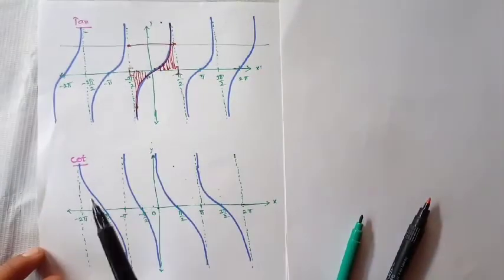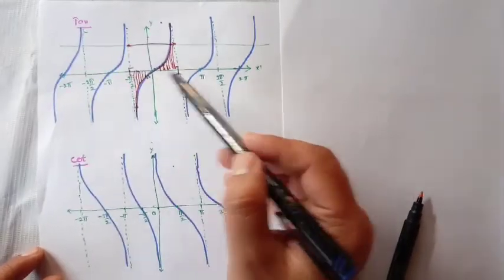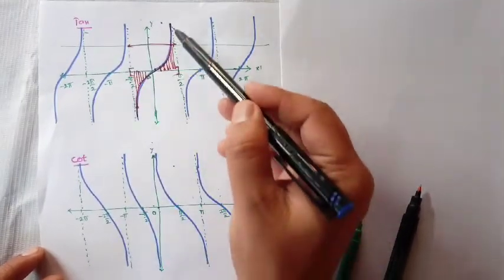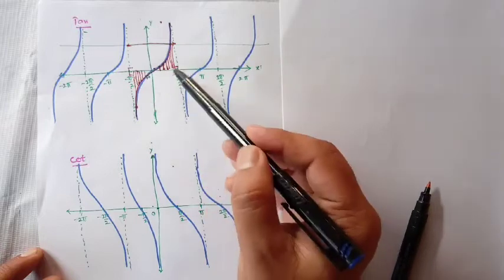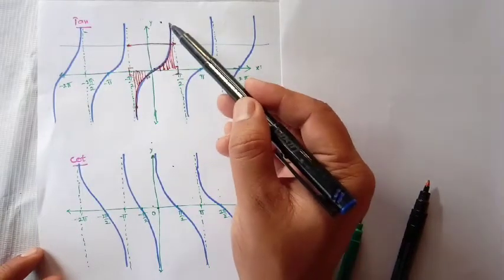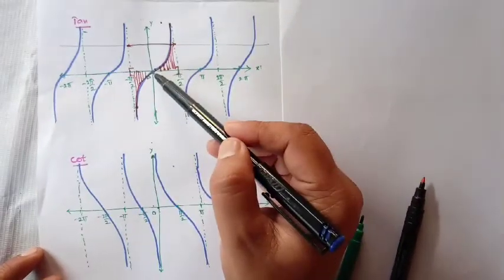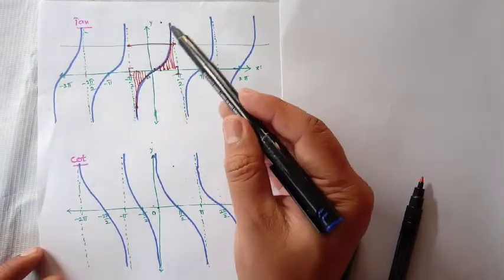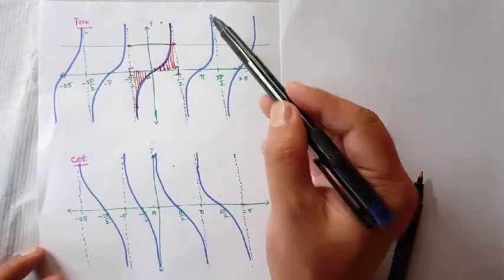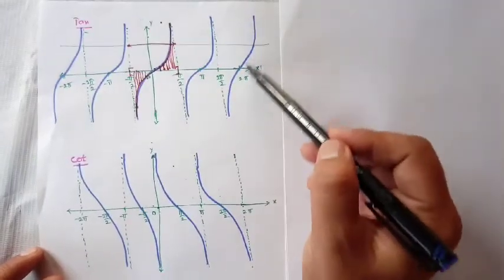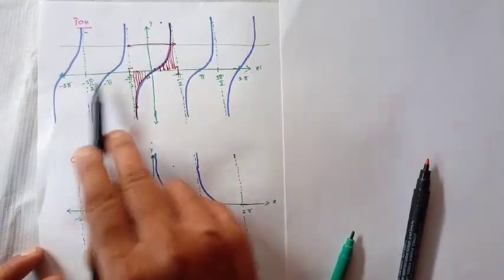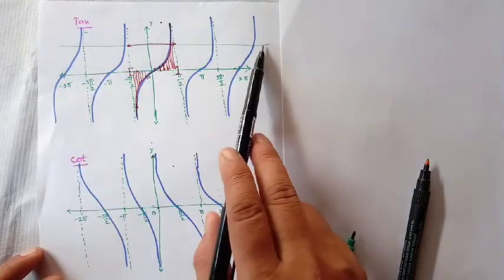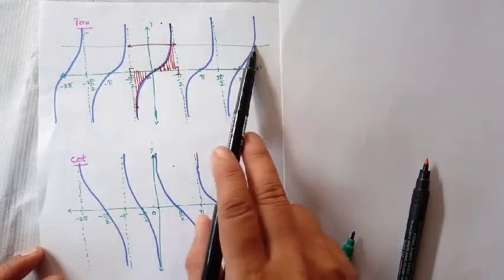In minus pi by 2 to plus pi by 2, the graph will be taken in this manner. So tan pi by 2 will take plus infinity, tan 0 is 0, tan minus pi by 2 will be taken as minus infinity. So this will be a graph. In the same way this will be a graph, and in the same way this will be a graph. Drawing a line parallel to the x-axis, it is intersecting in more than one place.